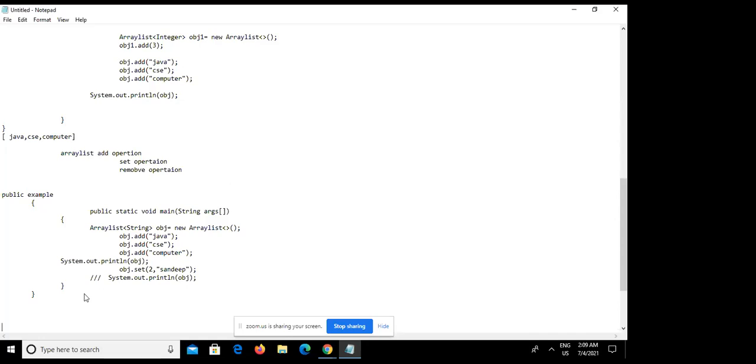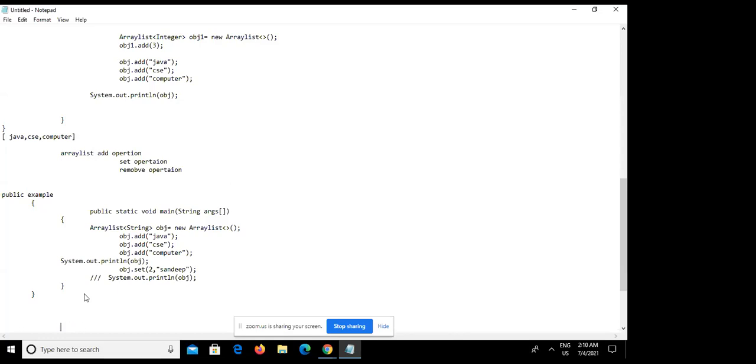So basically this is all about the array list. In my live programming, in my Astra Scientific project, I have done the same thing by using the array list, and I was adding the element and doing the changes. So what is the array list? There is a vector also. Array list and vector are the same, but there is a huge difference between them.